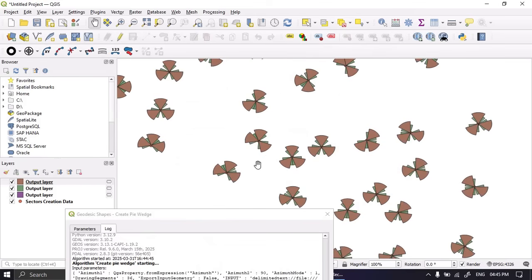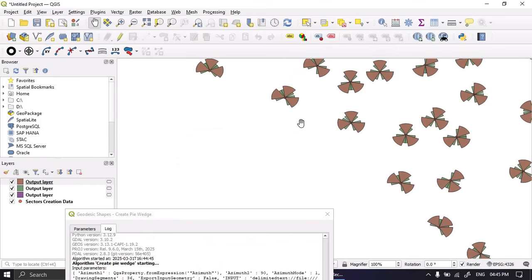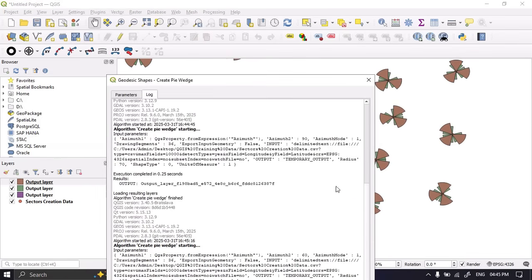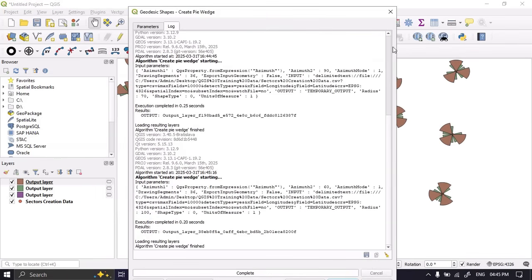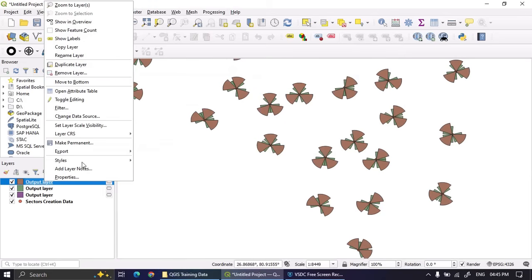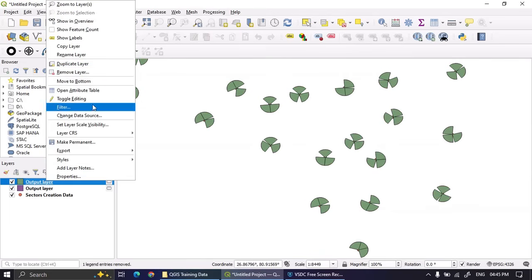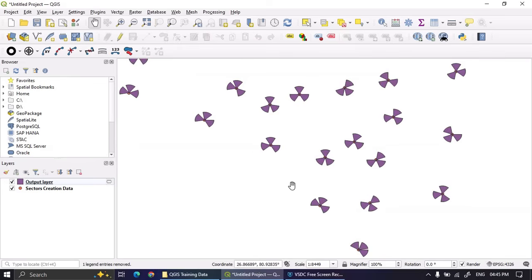So as per requirement, you can adjust the width and the length so that it can be more useful and more visible as per your requirement. I am removing the rest of the files because this one is okay for me.